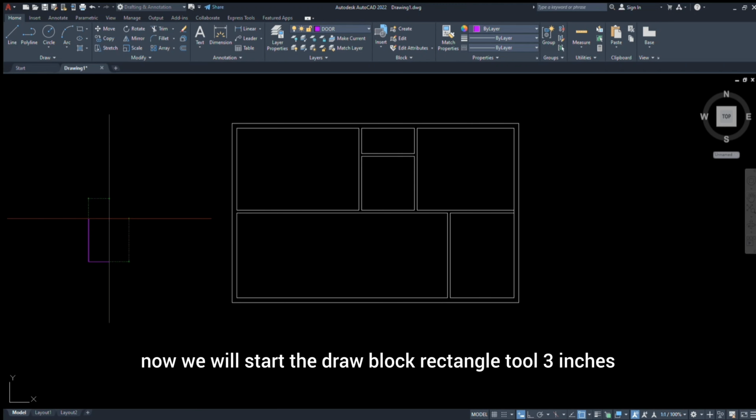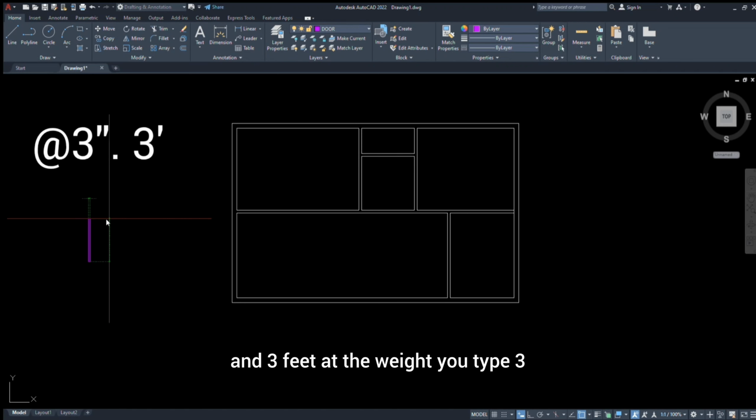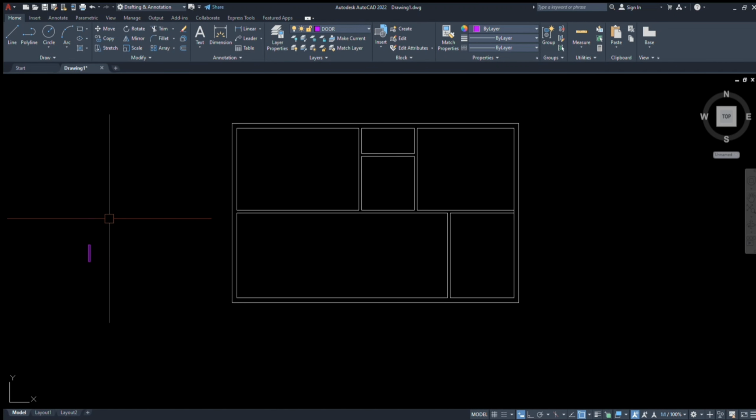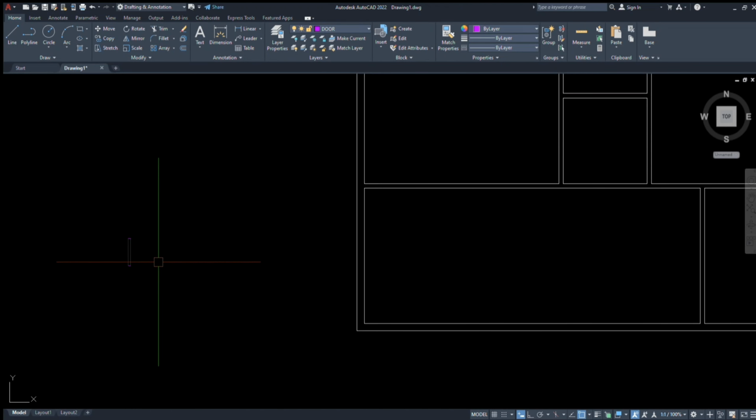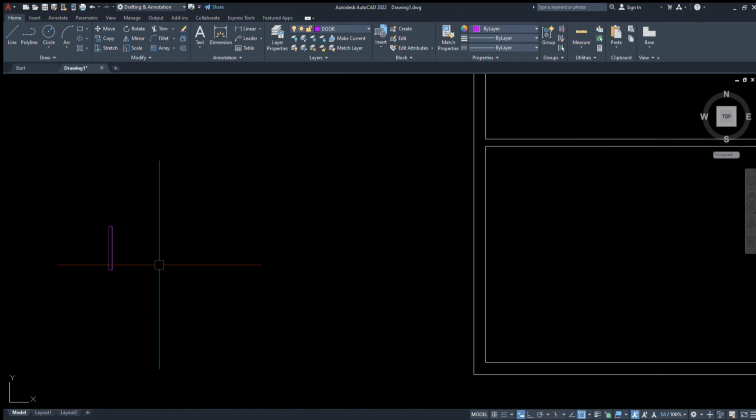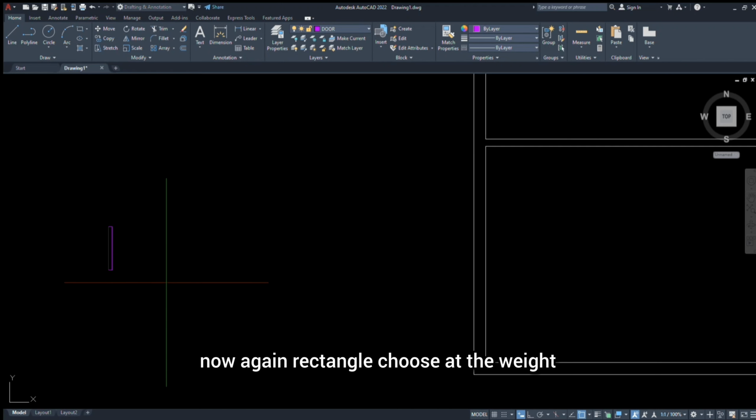now we will start the door block. Rectangle, 3 inches at the width. You type 3 inches and the length of 3 feet, enter. Now again rectangle, choose at the width